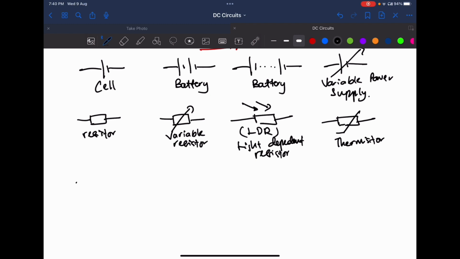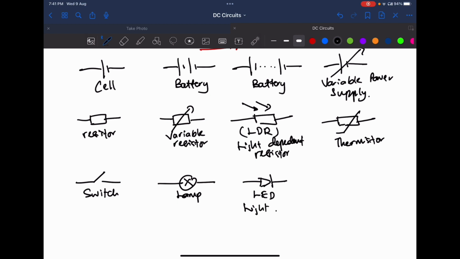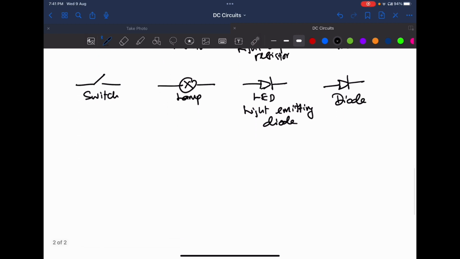Okay, you are given, like, this is a switch, lamp or bulb, LED light emitting diode, and this is a diode. Then you have electrical measuring